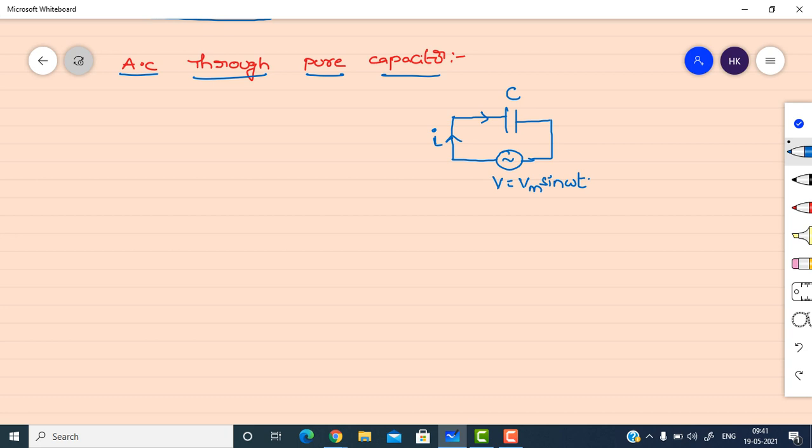Now we want to know the position of the current with respect to the applied voltage when the current is passing through the capacitor. So for that, I will find out the current first. How can we find the current? Current passing through the capacitor. We have a formula we derived in the first unit. Anyone can tell you the formula? Have you remembered or not?